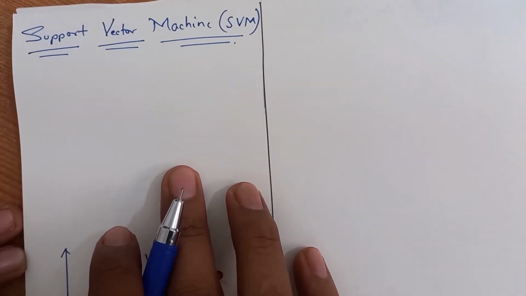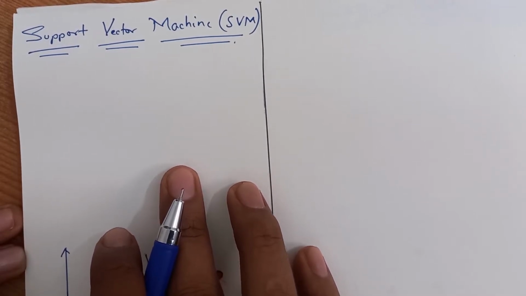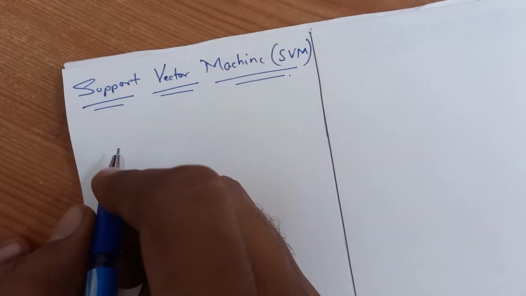In this video, we are going to learn a very important machine learning algorithm called support vector machine. It's a classification algorithm, falls into the category of classification of course, but the way this algorithm has been written, it follows the approach of linear regression. Why is it so? I'll explain. So let's start.